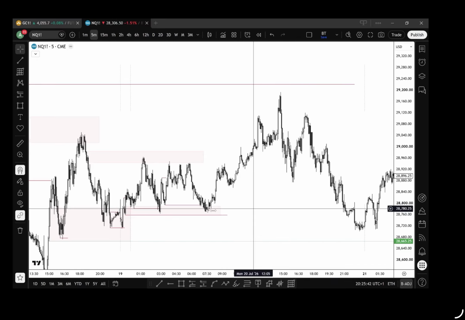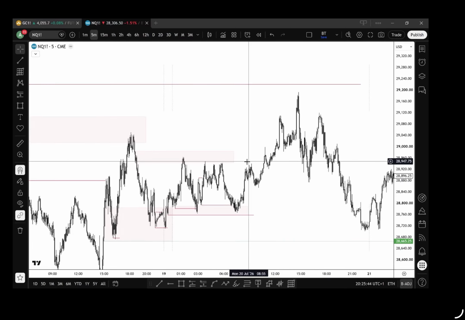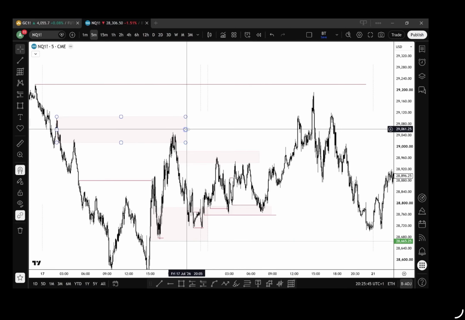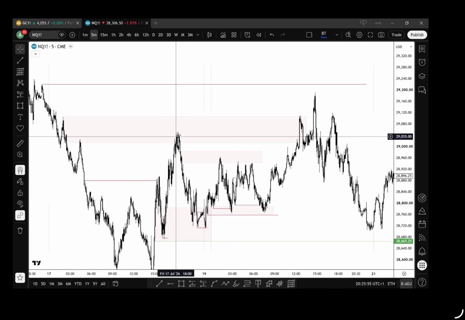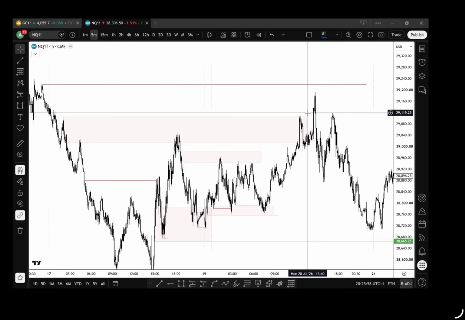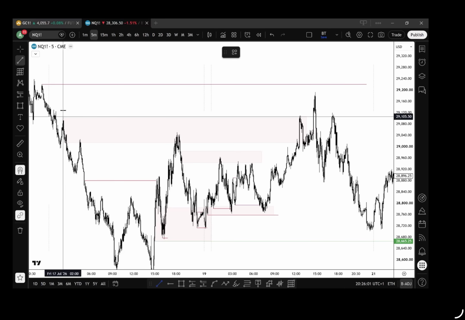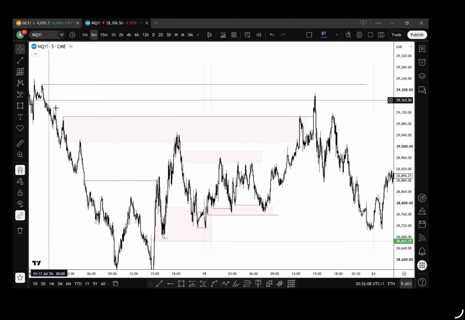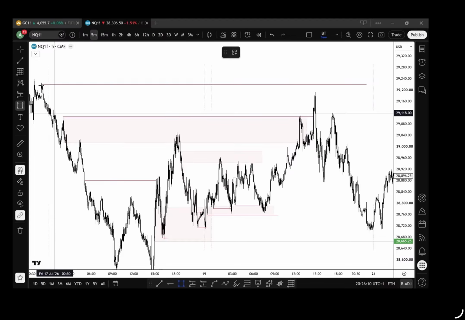Okay, we come, and what have we come to take? We just move our box along. We come and we take out that liquidity. Yeah, we reacted from it, moved away. We then come out and take that liquidity. Okay, now we can mark that out. We come and induce buyers. Okay, however, look at all this liquidity still above. We are still respecting these highs.